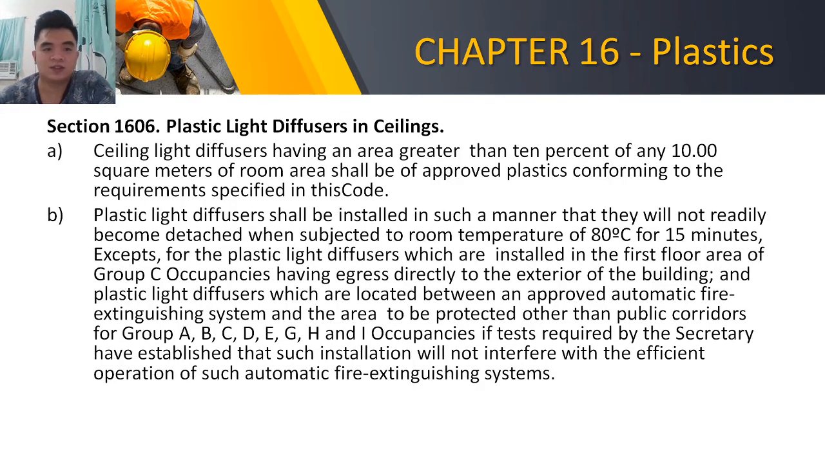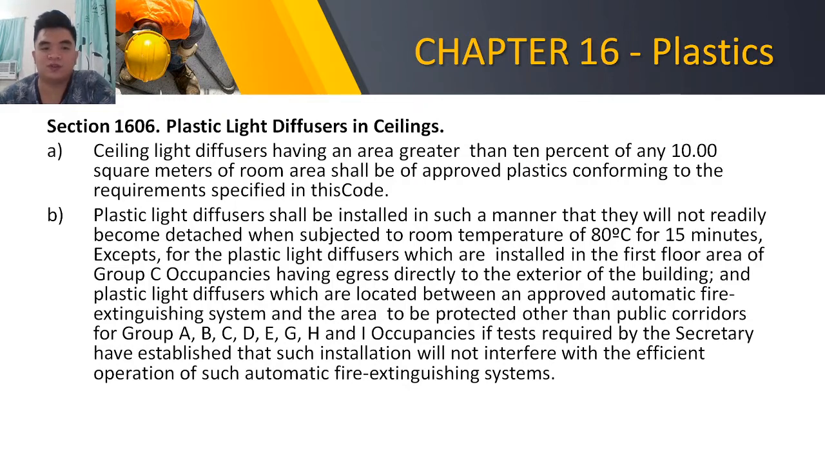The next is section 1606, plastic light diffusers in ceilings. Ceiling light diffusers having an area greater than 10% of any 10 square meters of room area shall be of approved plastic conforming to the requirements specified in this code. Plastic light diffusers shall be installed in such a manner that they will not readily become detached when subject to a room temperature of 80 degrees Celsius for 15 minutes,